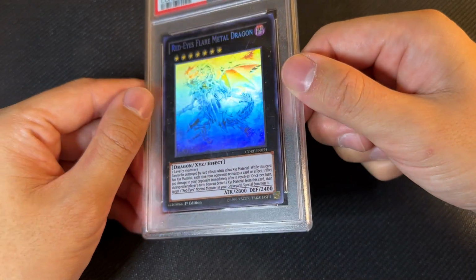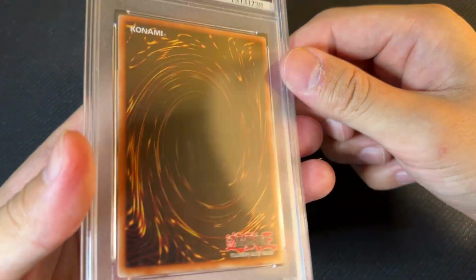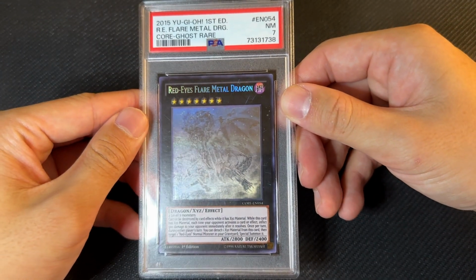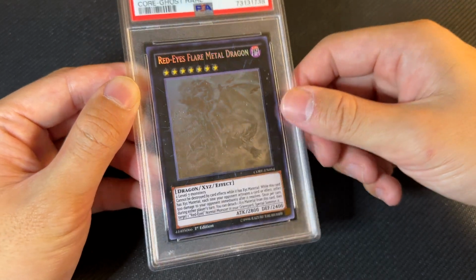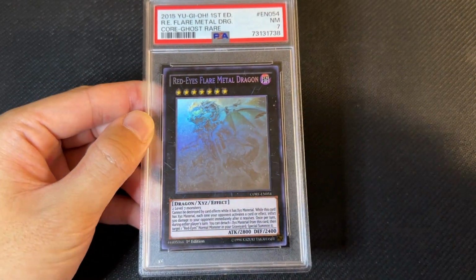This one is probably a true 7, I would say. There's definitely some scratches on the front and stuff. Actually, no, it might be slightly undergraded, might get an 8 or 9 on a better day, but it is what it is. PSA 7 Red Eyes Flare Metal Dragon. I did not grade this one myself. I did pick this one up graded, and I picked up the Scarlet Red Dragon Archfiend graded as well. All right, next up,